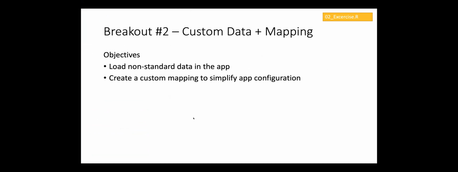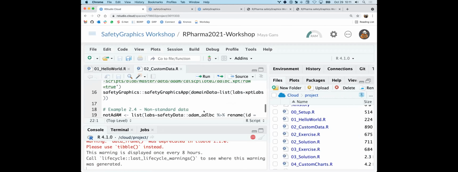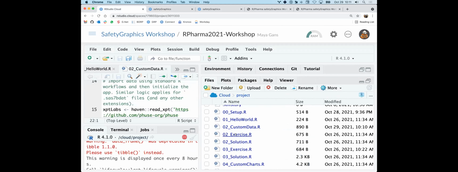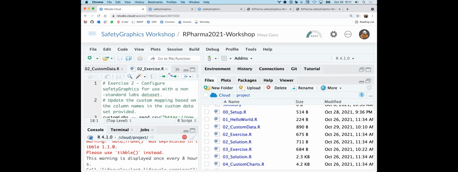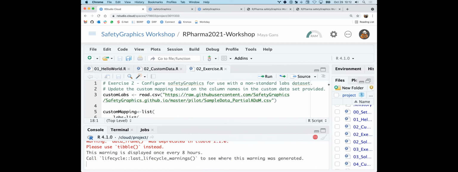All right. So I think with that, we're going to let you all try to load some custom data and do a mapping with our second breakout. This breakout is going to be using, let's see if I can get my files back, the O2 exercise. And if you want to jump ahead, there's an O2 solution that shows you how to do it. But go ahead and get O2 exercise opened up, and I'll hand it off to the TAs